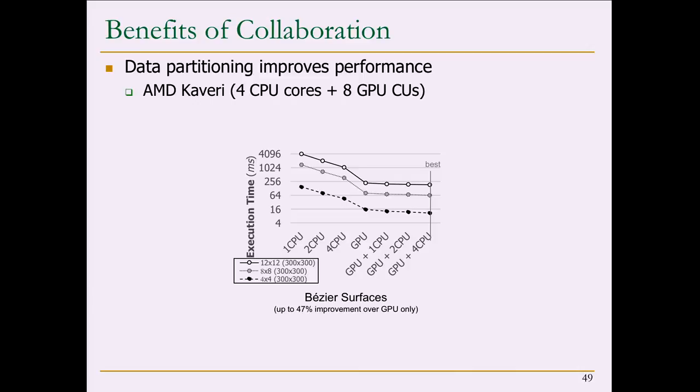The results in the graph are the execution time for one Bezier surface for 3 different cases with different numbers of control points, and the results are for 1 to 4 CPUs, CPU-only implementation, GPU-only implementation, and then on the right, the collaborative implementation that uses CPU and GPU at the